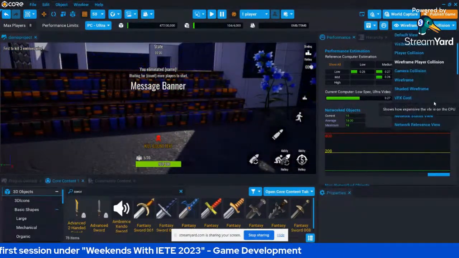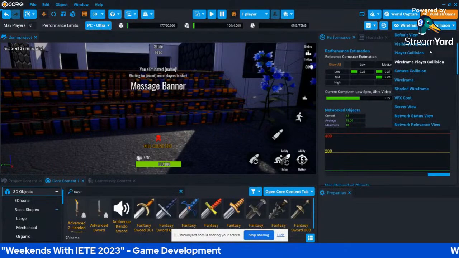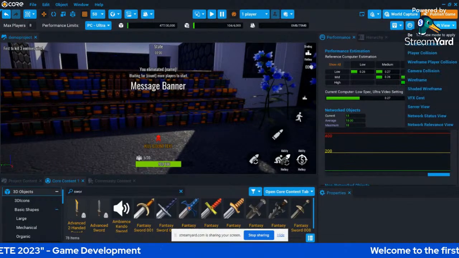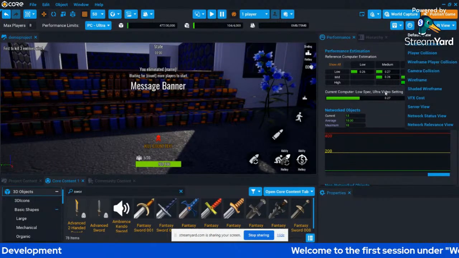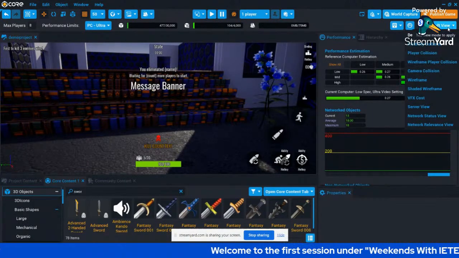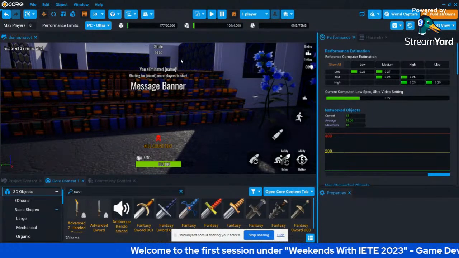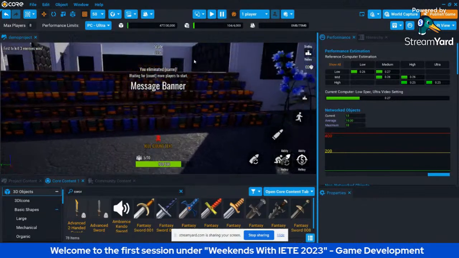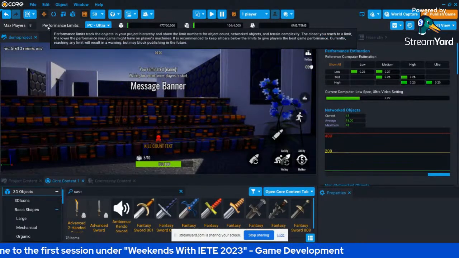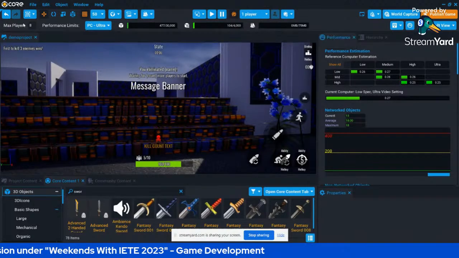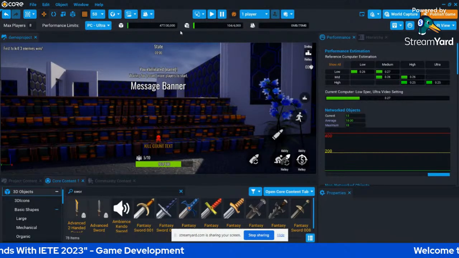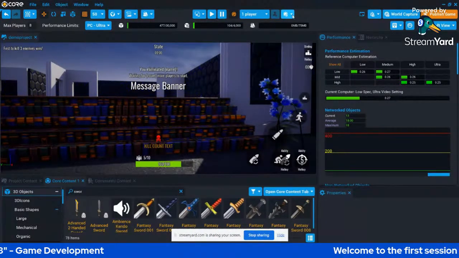It has multiple options. Most probably you will be using the wireframe and player collision or the visibility option. Okay. So these are the small things that you can learn and you can design a game very easily.